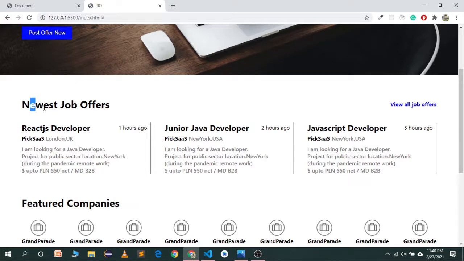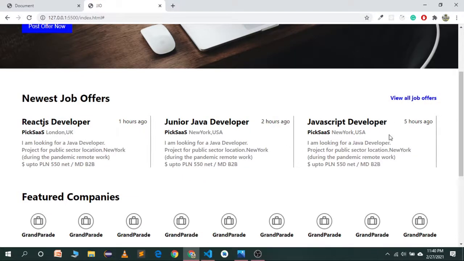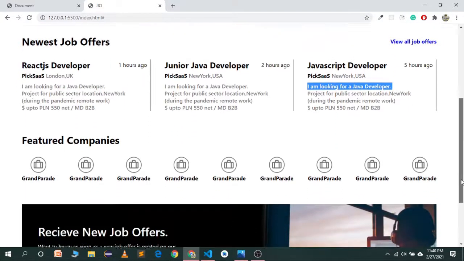So the next part is this section, which is a job section where companies have posted jobs and are looking for candidates. So we have 3 jobs looking right. You can also have a slider where you can show different jobs, and you can click a button and it will show a different bunch of jobs.